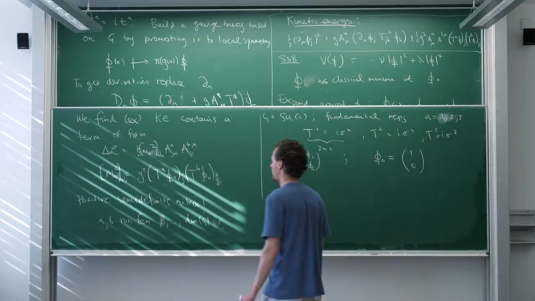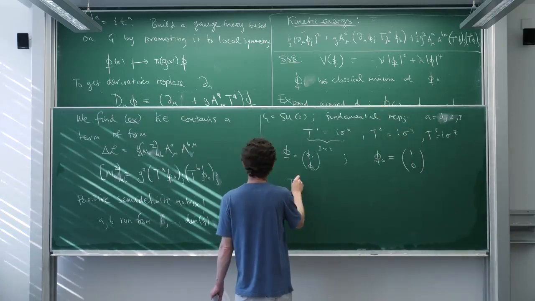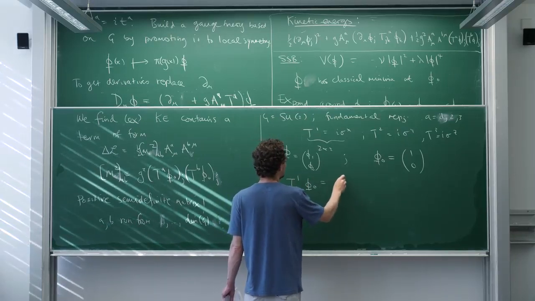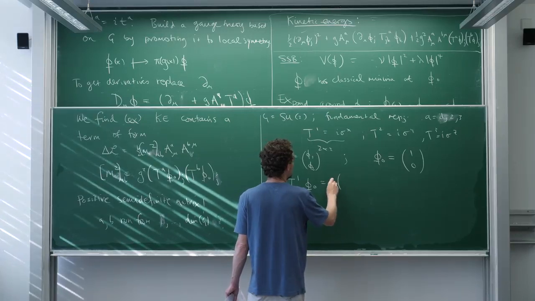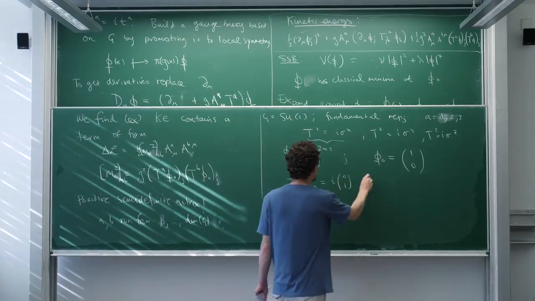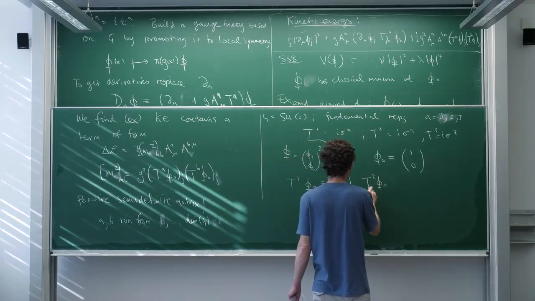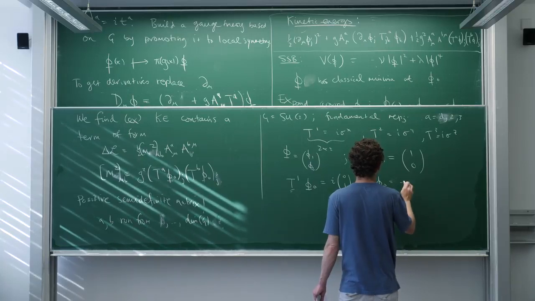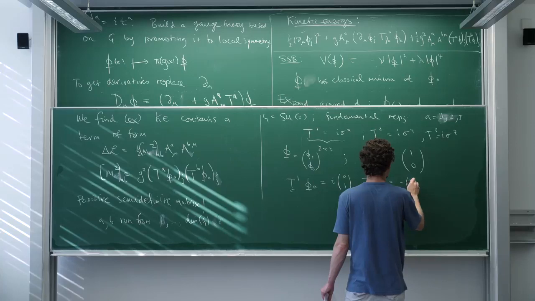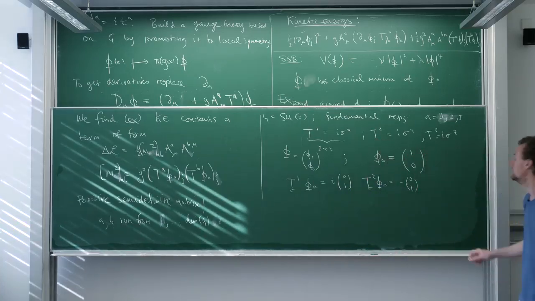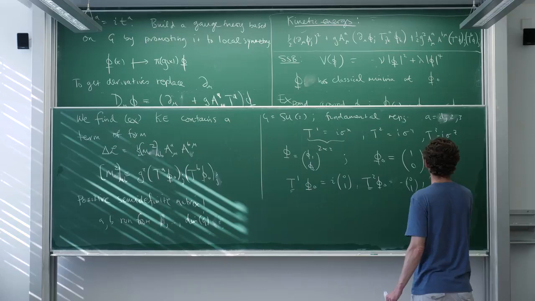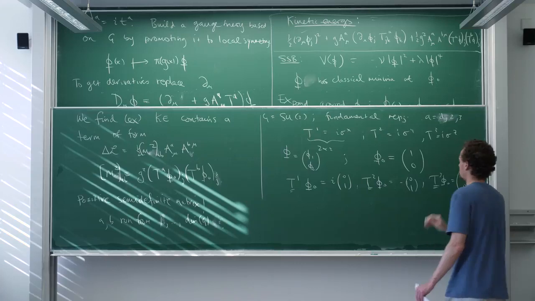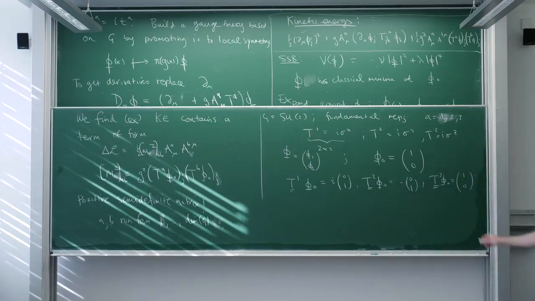A little bit of linear algebra. So we need to work out what is T1 of phi naught as a vector. Well, that is I times (0, 1). T2 phi naught as a vector is I times (minus 1, 0), like this. And the last one that we'll need is T3 of phi naught, and that will be (0, 1), like that, all times I.